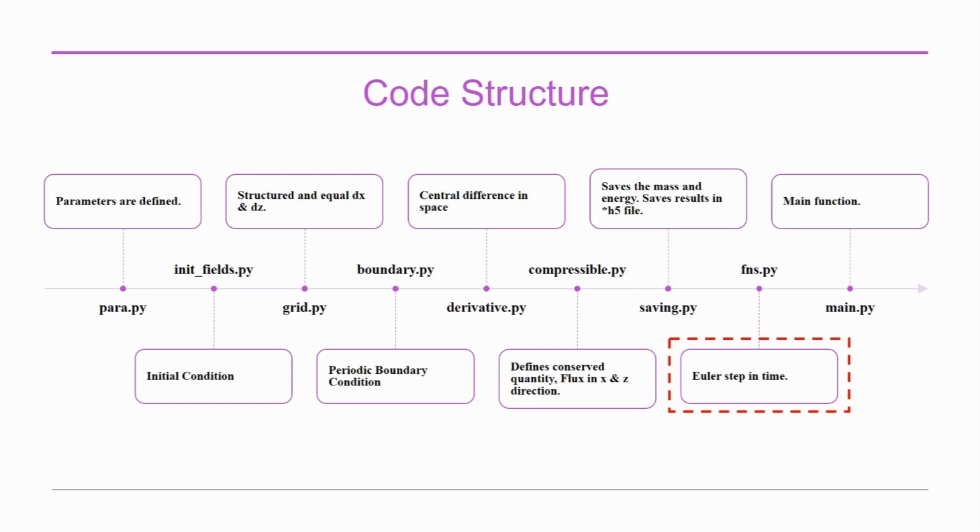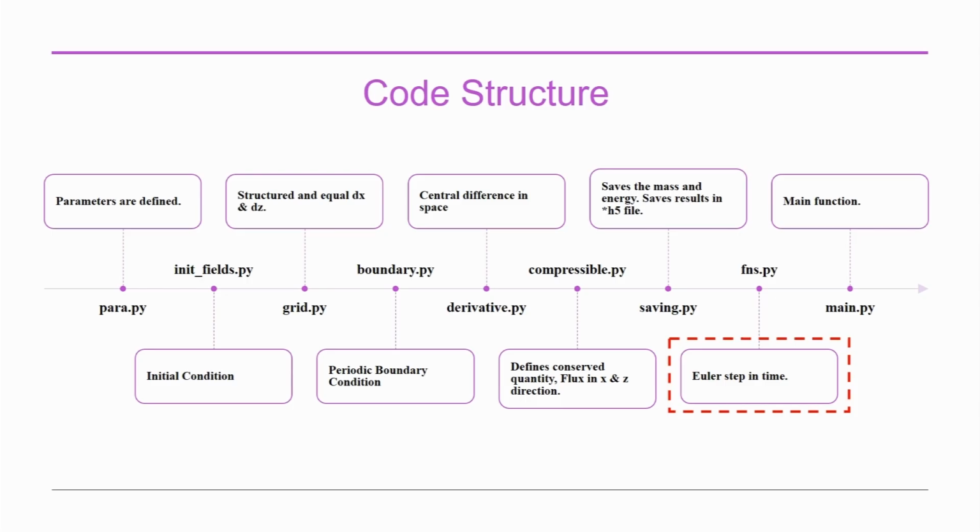imposes the boundary conditions like periodic boundary conditions and the Neumann and Dirichlet boundary conditions depending upon the problem statement that we are trying to simulate. The derivative file finds the second order central difference derivatives of the fluxes in each direction. The compressible file is where the fluxes are calculated for x and z direction, and the derivatives are called in